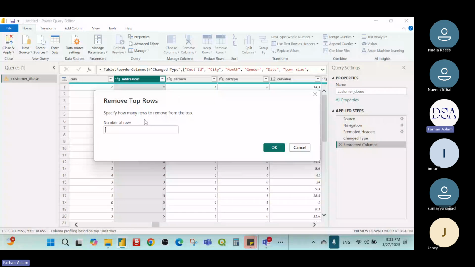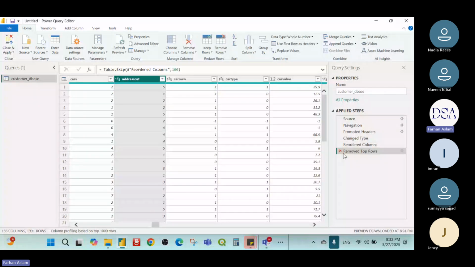So for example, you say out of 5,000, I want to remove 100 rows. Which rows? Top rows, because you selected this category, remove top rows. So I want to remove 100 top rows from my actual database. So click here and you will see a directory with one more function, one more action reported here: removed